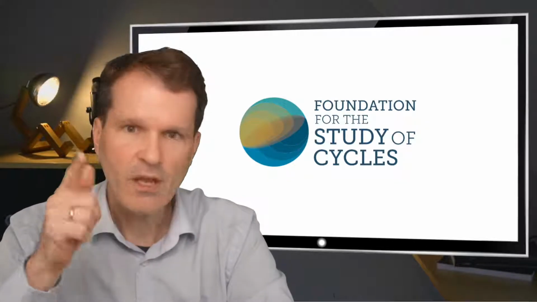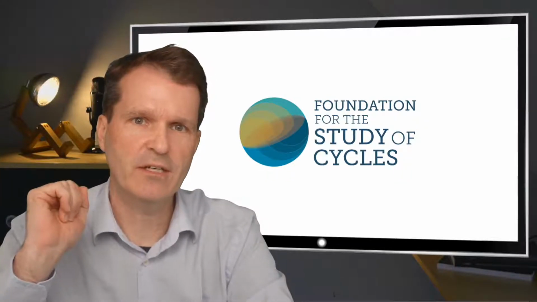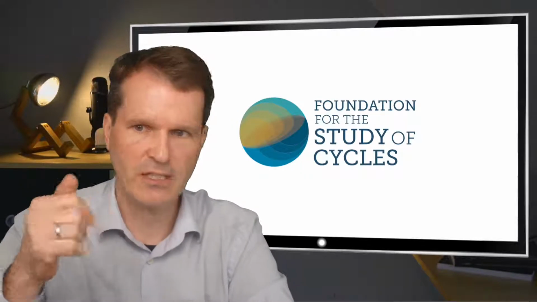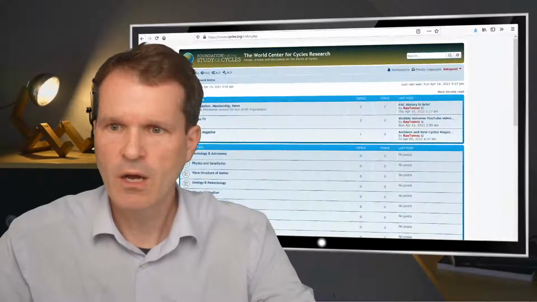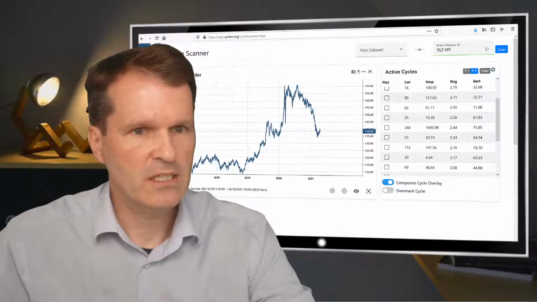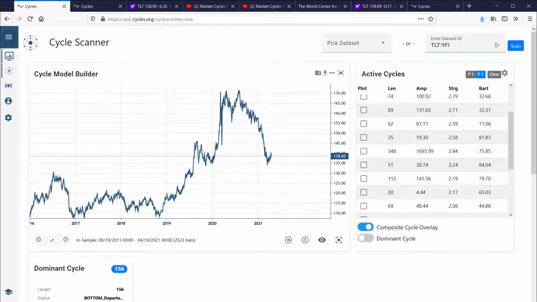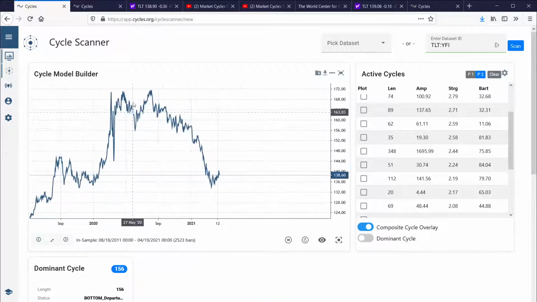So the first topic, let's just open up the cycle scanner and analyze a current data set on a current market. So we switch to our browser, and give me a second. This is the data set of the treasury bonds, 20 years, that's the ETF I'm analyzing here. We know that they have a huge downtrend phase currently in the market. So I think it's interesting to have a view on the treasury bonds, to see what our cycles would tell us here.